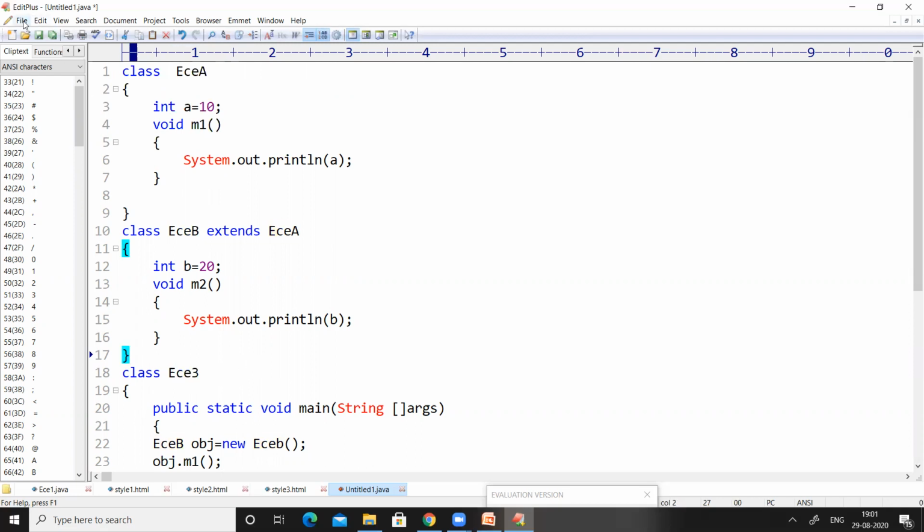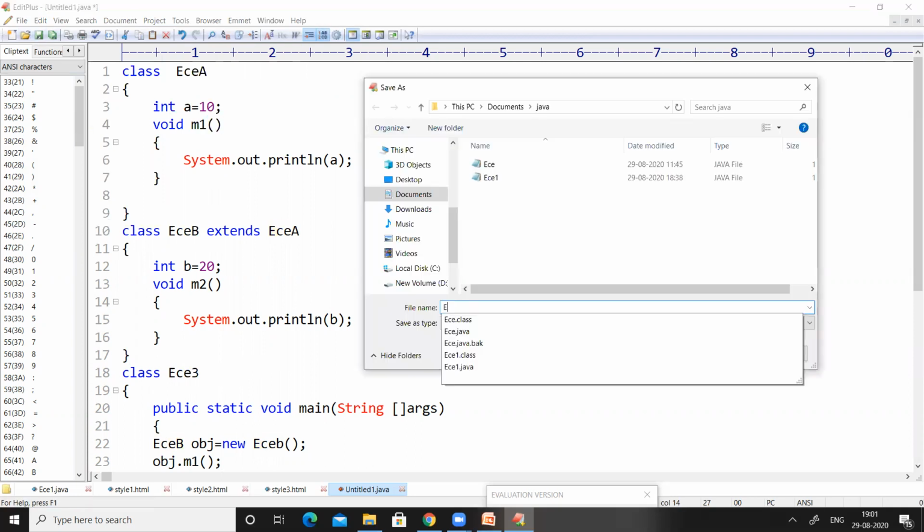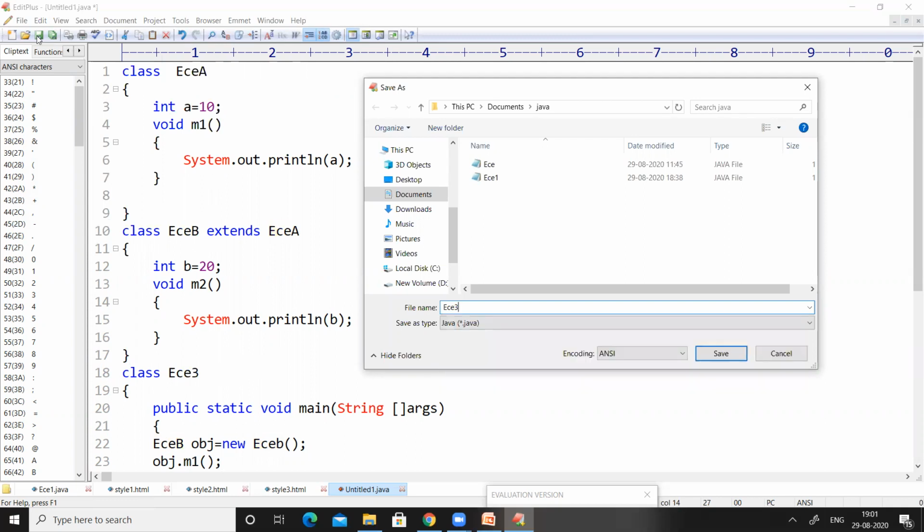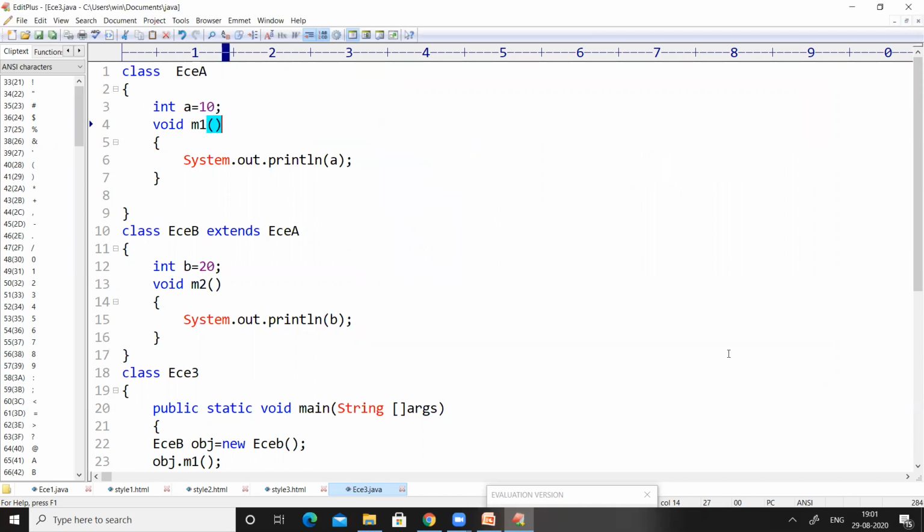Now we have to save this code with the name ECE3.java, because the main method in the Java programming language, public static void main(String[] args), is in ECE3. So we have to save the code with the name ECE3.java. So save the code.